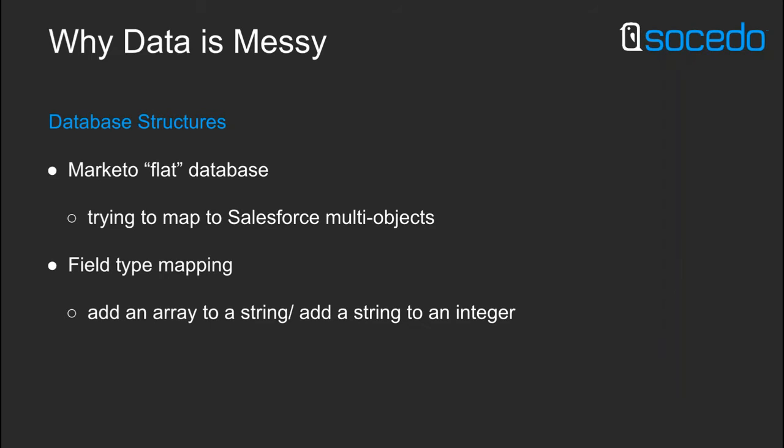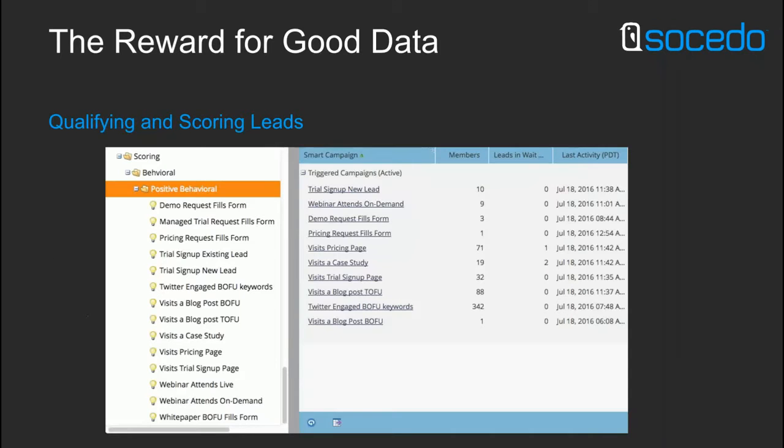Now sales is lucky, because sales takes whatever we create in marketing in our database and we just pump it over to Salesforce and they consume it and they're happy. They don't really care. And once things get over to customer success and they go into our customer database, everything's kind of locked and loaded and no problem. In marketing, we have to consume all these different data sources together and try to make it coherent so that we can actually use it.